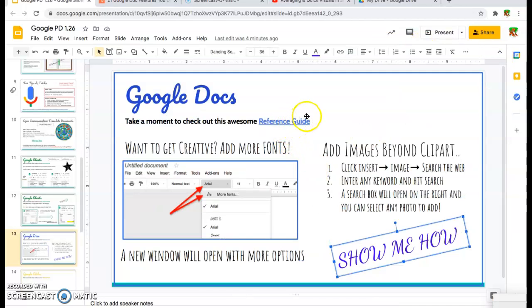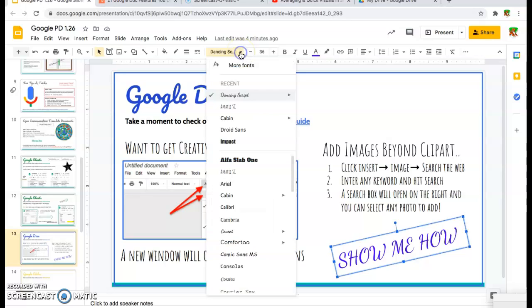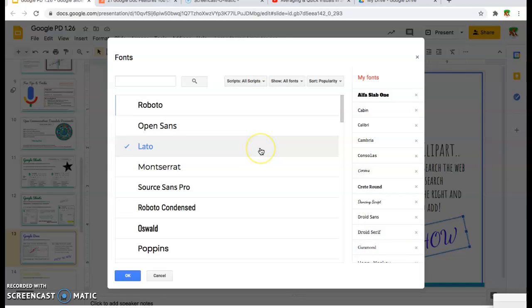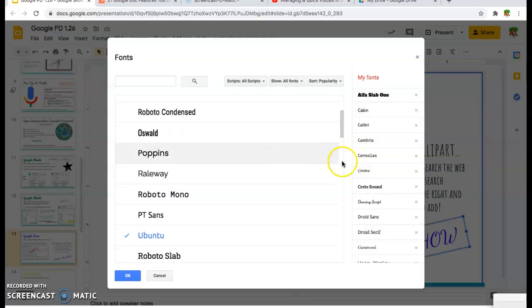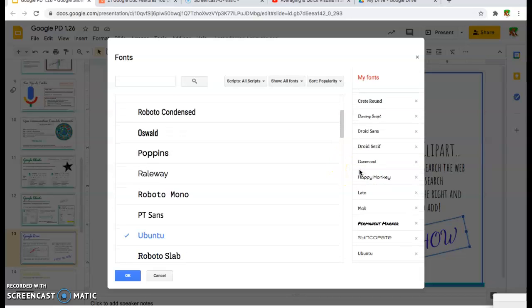Choosing different fonts and adding images from the internet is very simple. First, locate the font selector and click the down arrow. This will allow you to click on more fonts. When you click on more fonts, you will see that there are several fonts not available from just the primary